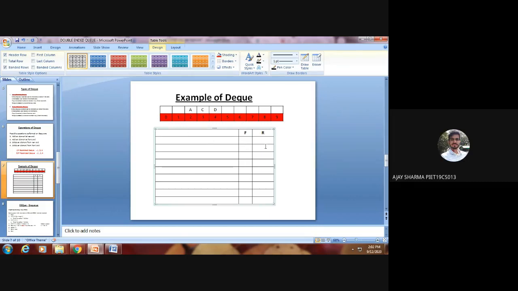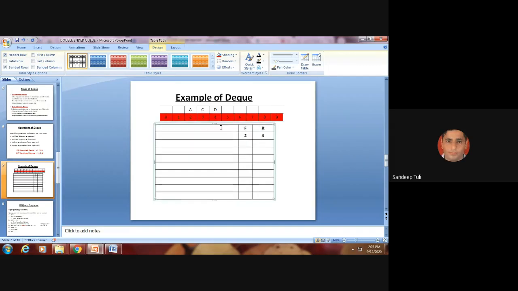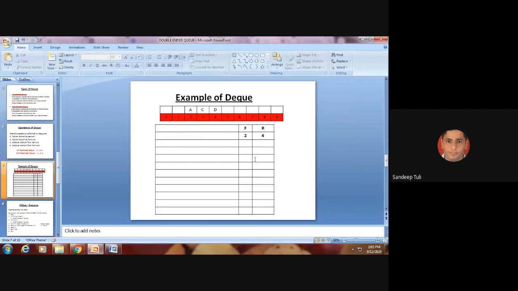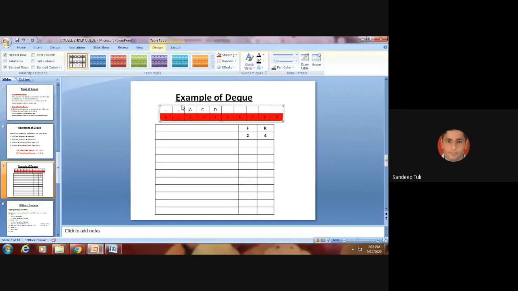Front 2, rear 4. F equals 2, R equals 4. Is it clear to all? Any doubts? No, sir. Initially, I have specified that some elements are already there. So let us suppose this is the initial situation of my DQ, where the first two positions and the last 5 positions are vacant, and A, C, D are already there at the 2nd, 3rd, and 4th positions.